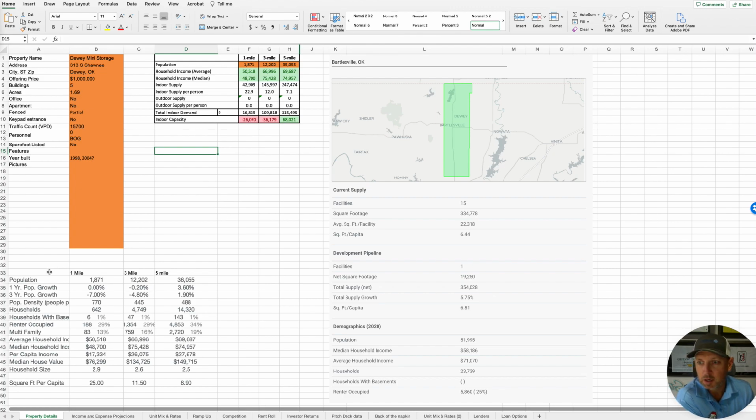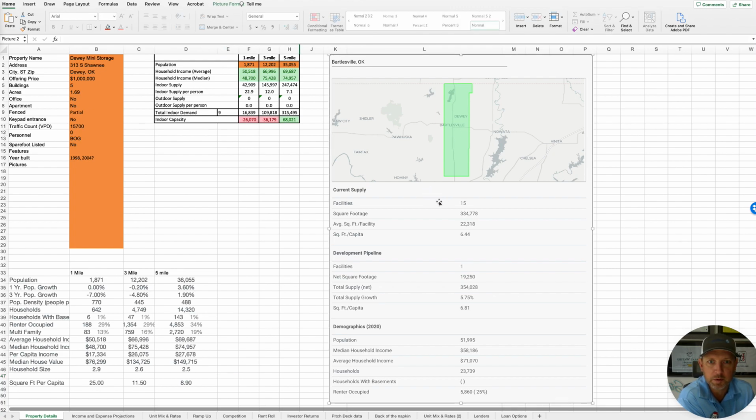And so I'll go in and add in the population numbers. I'll look at number of households, population, median household incomes is what I'm looking at here. So $75,000 within 3 miles, that's a good number. Home values, total square foot per capita. These are all numbers that I'm looking at, and a lot of that I'll get right here from